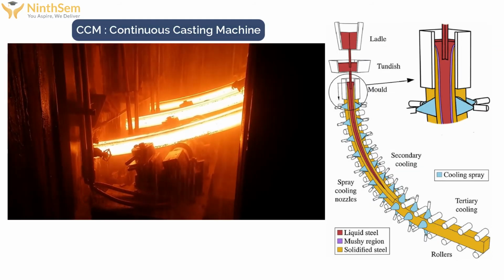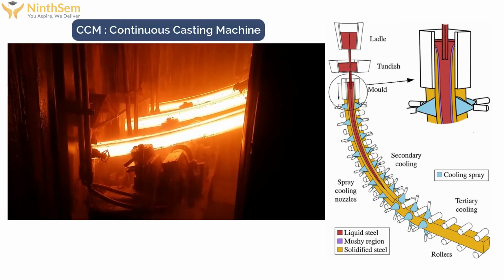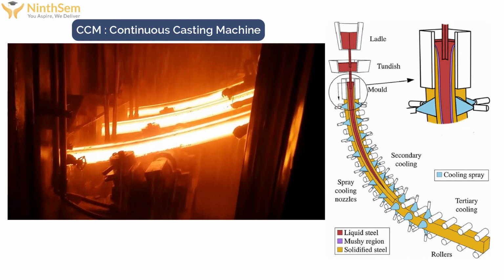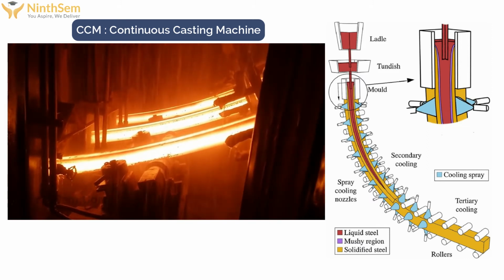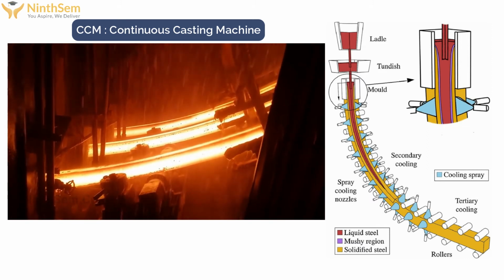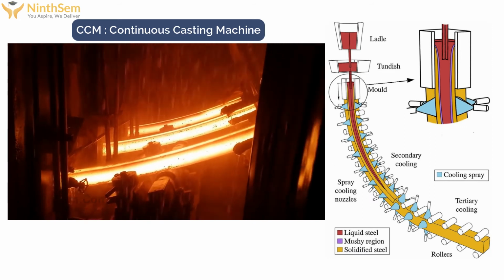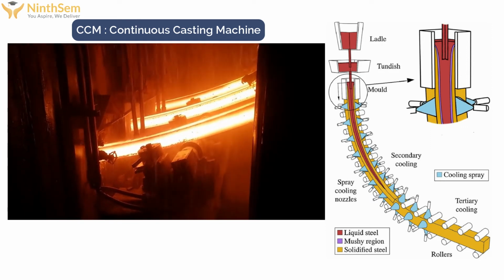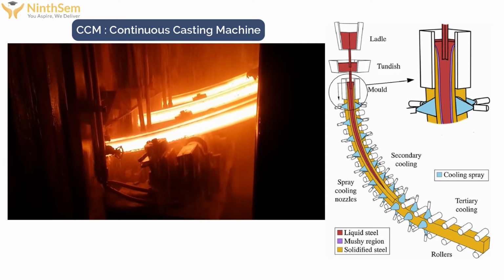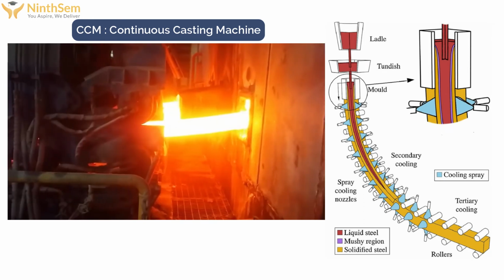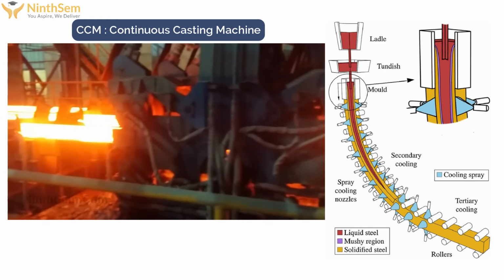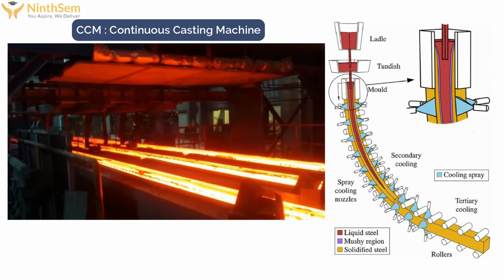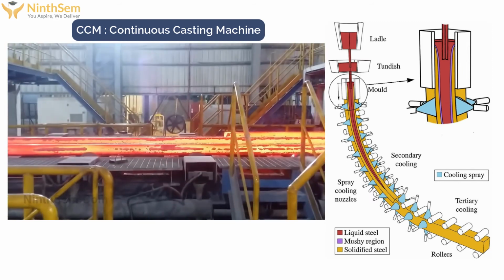While the strand is continuously withdrawn at the casting speed, solidification of steel continues beneath the mold through the different zones of cooling, having a series of water sprays. As you can see in the figure, the spray of the secondary cooling goes through the control valve. So the secondary cooling system consists of these different zones, each responsible for a segment of controlled cooling of the solidifying strand as it progresses through the CCM.